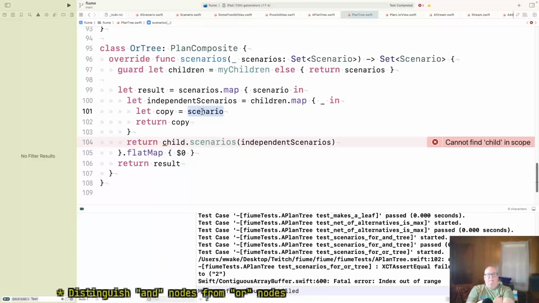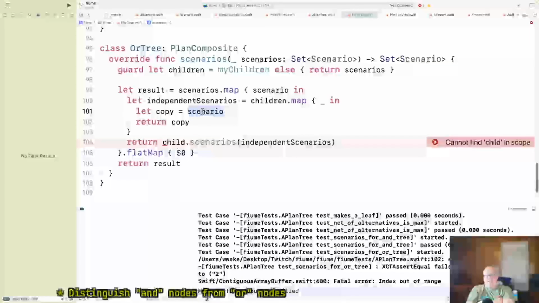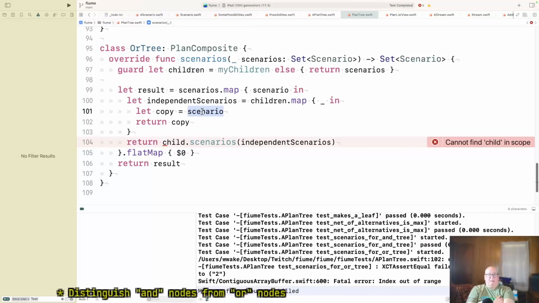It says give me n copies of yourself in a set, and the n is the number of children, rather than mapping each one copy with your array.